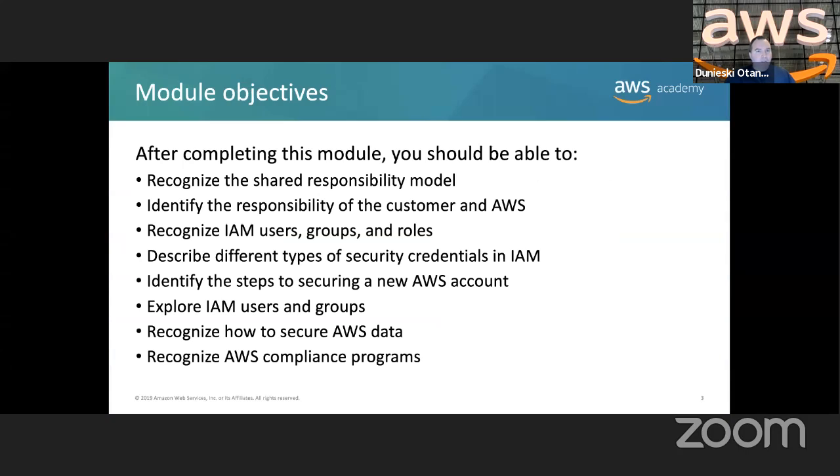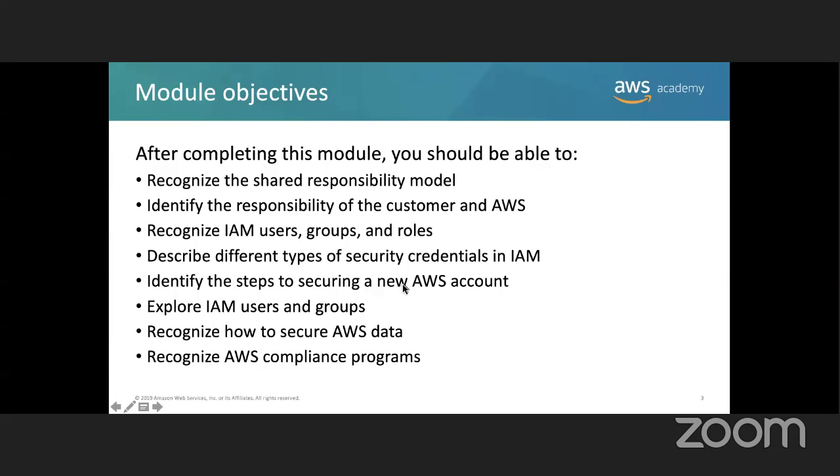After completing this module, you're going to be able to recognize the shared responsibility model, identify the responsibility of the customer and AWS, recognize IAM users, groups and roles, describe different types of security credentials in IAM, and identify the steps to securing a new AWS account,